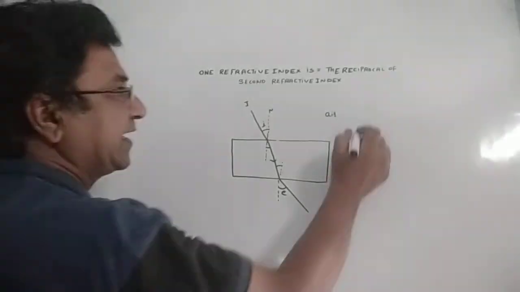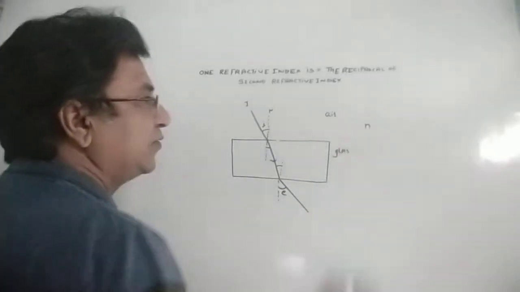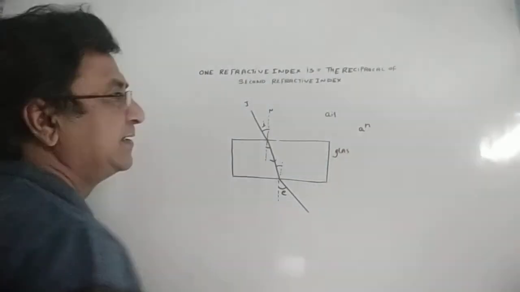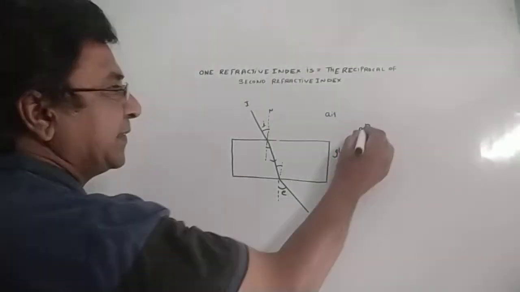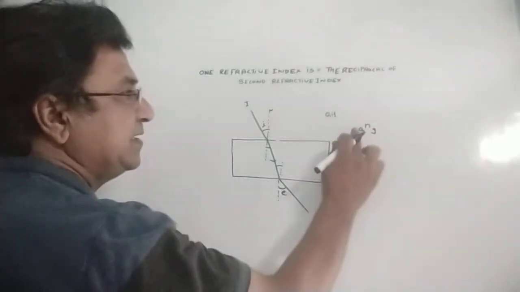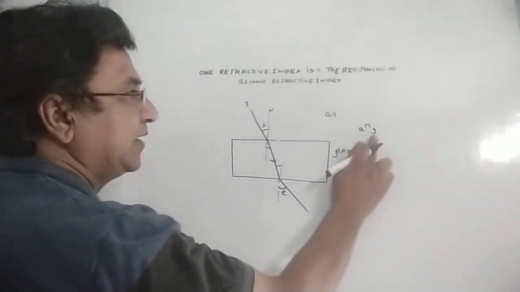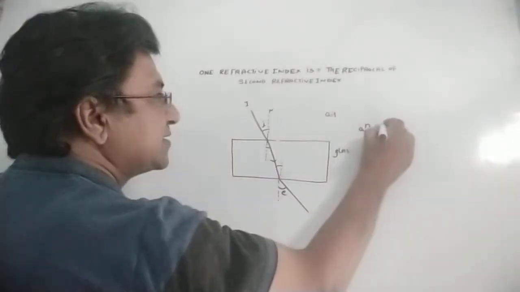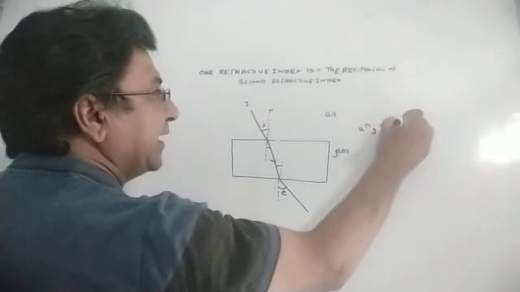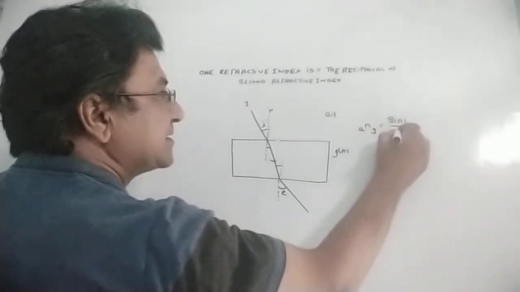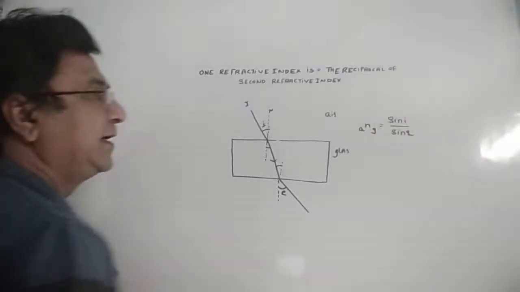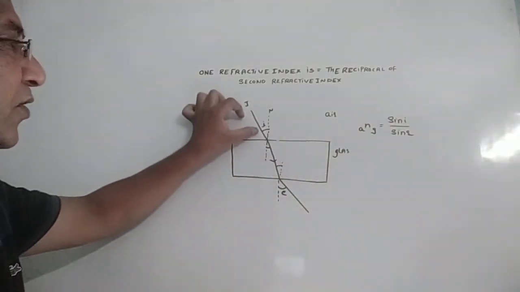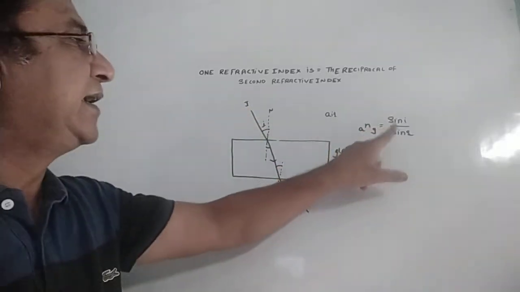In that case the refractive index, according to Snell's law, is sin I upon sin R. Correct? Very simple. When the ray is moving from air to glass, according to Snell's law, it is sin I upon sin